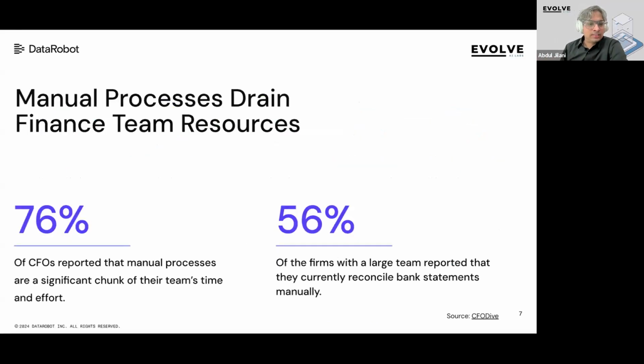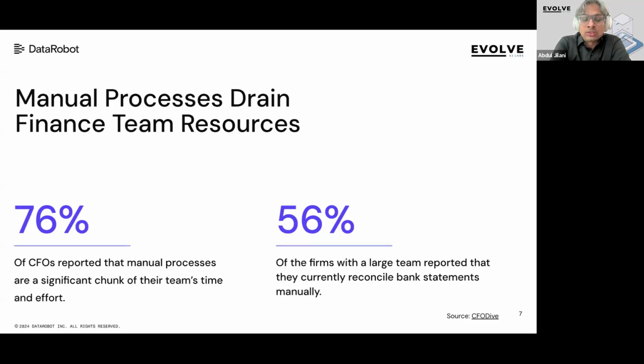Yeah, I think we can jump into the meat of the presentation today. So what is the main problem that a lot of financial teams are facing right now? One of the key sinkholes in financial teams' workloads is manual processing. Manual processes take up a lot of time.